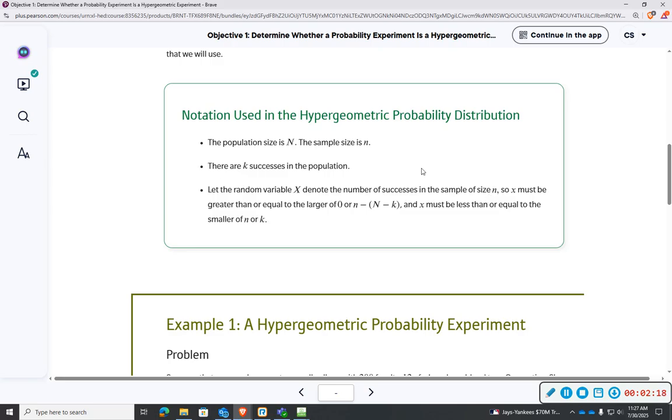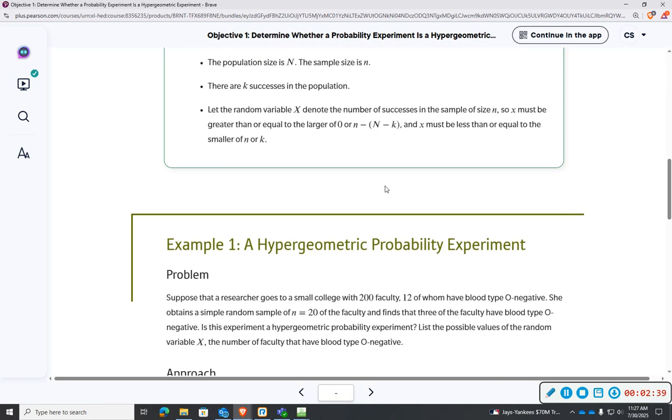So x must be greater than or equal to the larger of 0 or n minus (N minus k), and must be less than or equal to the smaller of n or k. And so you'll kind of see that as we begin